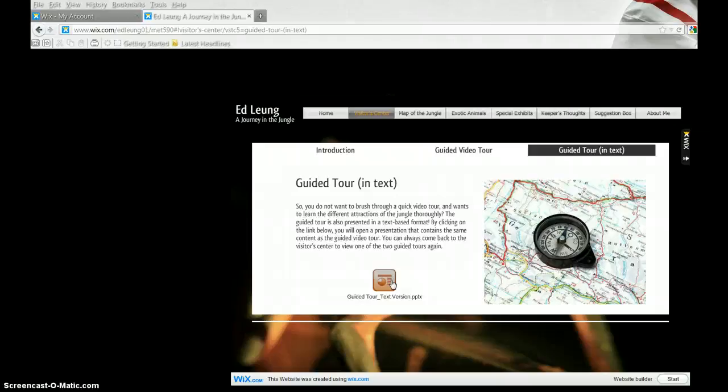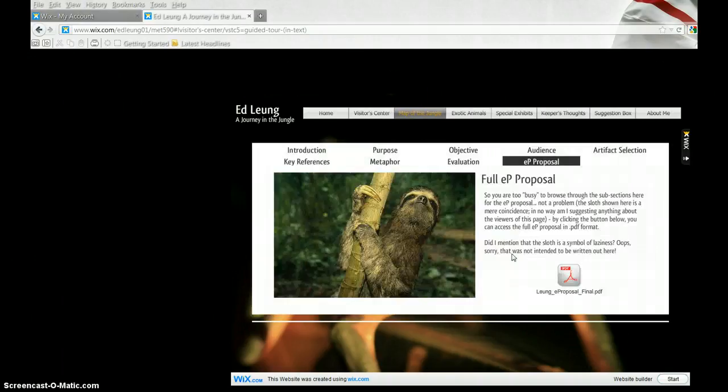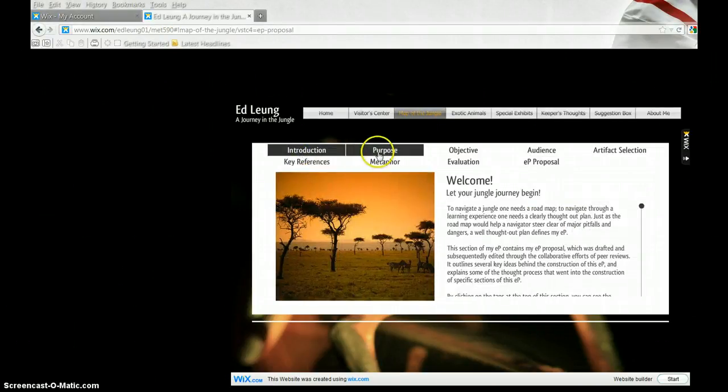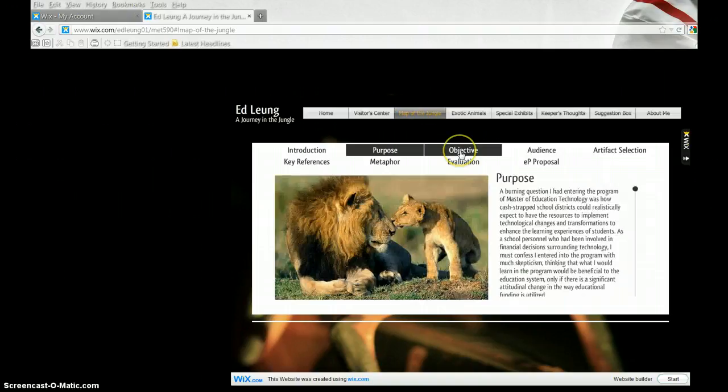Now, I'll briefly introduce to you the main sections of my EP. First, let's go to the map of the jungle. Here, you can find my proposal for my EP. You'll also learn why the jungle theme was chosen for this graduation project. As you can see, this is divided into the different subsections: purpose, objective, audience, etc. We started off this page in the